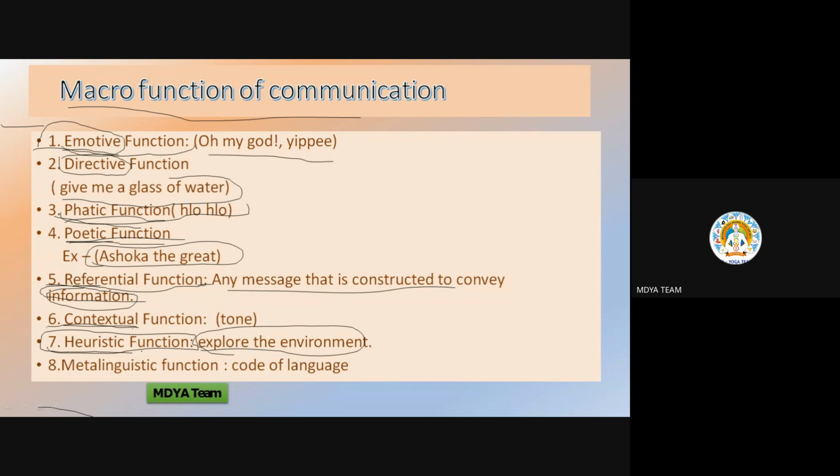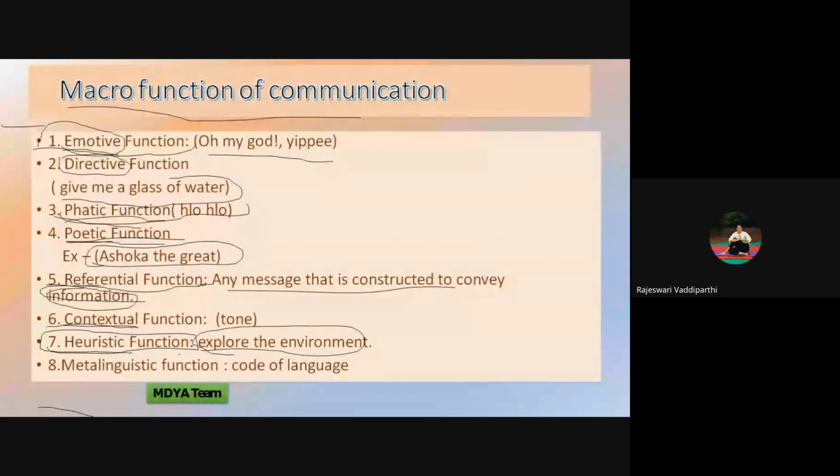Am I clear, or did you understand it? No, ma'am. Can you explain it another way? It means to understand something, you are trying to explore more and more things. You do not know something and then you want to learn it, then you're trying to explore about it. You are learning from different things.